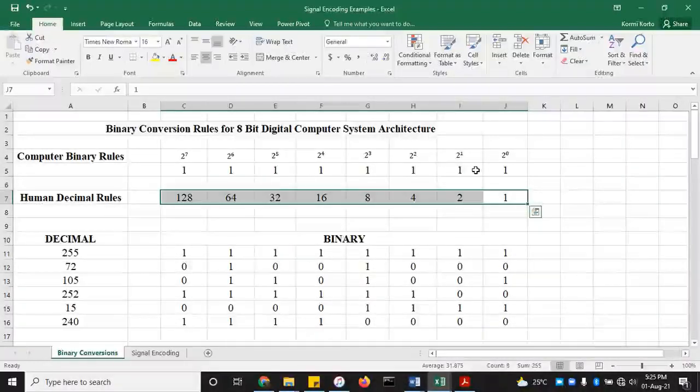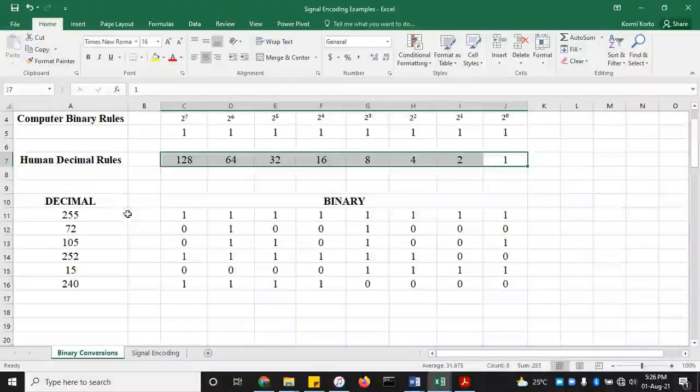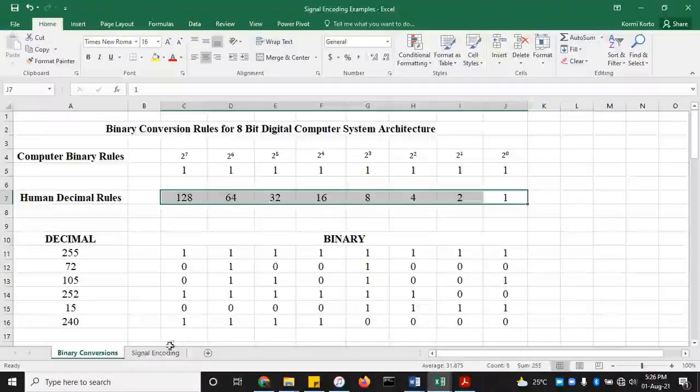So that's how we got this. And then you can use that to handle your conversion from decimal to binary and binary to decimal, the same concept. Okay, so with this, you can go back and forth between decimal and binary. Now let's move on to the actual